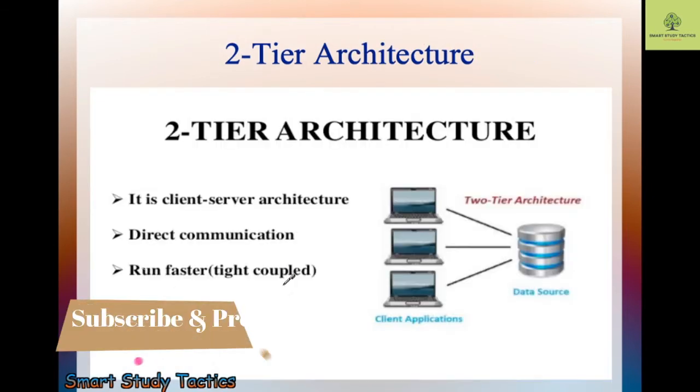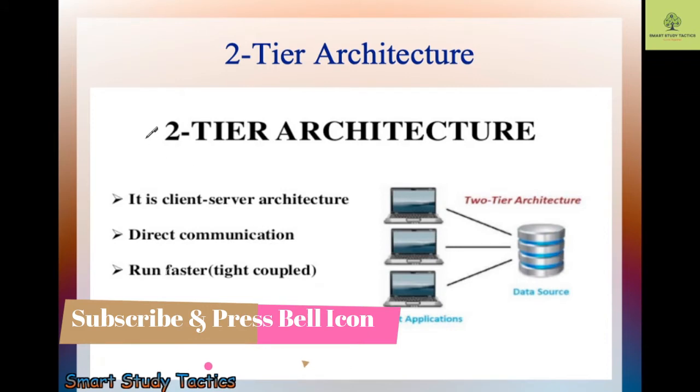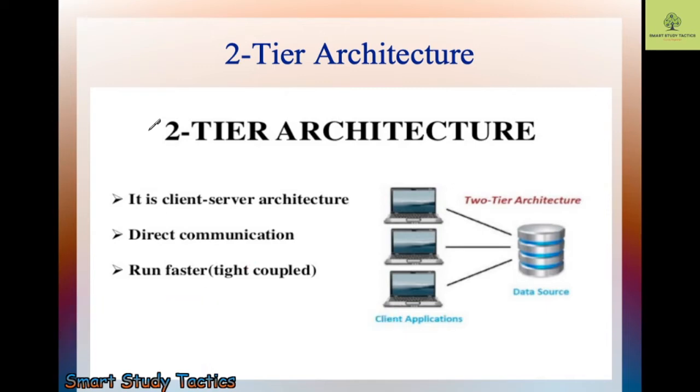So let's begin with the two tier architecture. Have you physically visited railway stations to reserve your ticket? I hope you have. When you book your ticket, you give the necessary information filled on a paper to the reservation counter, and that person works on a screen, filling in the information and accessing the data sources directly. So what exactly is going on here? Let's suppose here is your client, the man sitting at the reservation station, on the system.